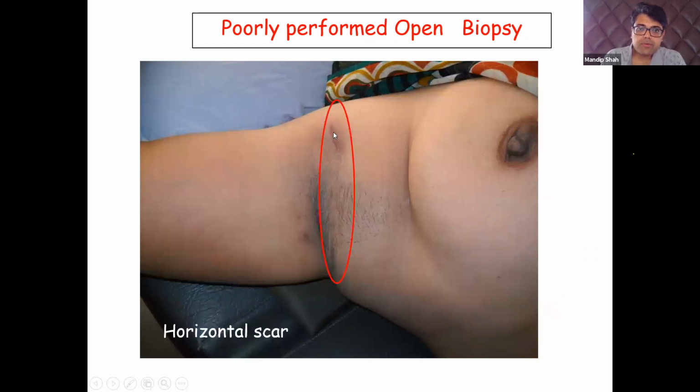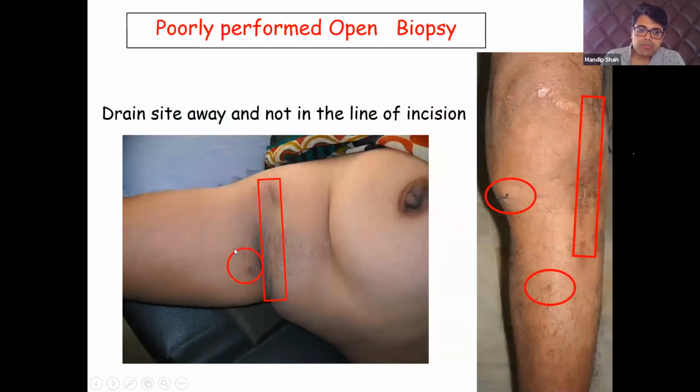Now, this is one very poor example, where the incision was taken in the axilla, a horizontal incision in the axilla, and you can see the drains have been kept out from a very weird location, because the drain sites are also a zone of contamination. So when we are removing the tumor underneath, we have to take out this much skin, and that patient will end up in a very bad situation. In this particular area there are very few options of plastic